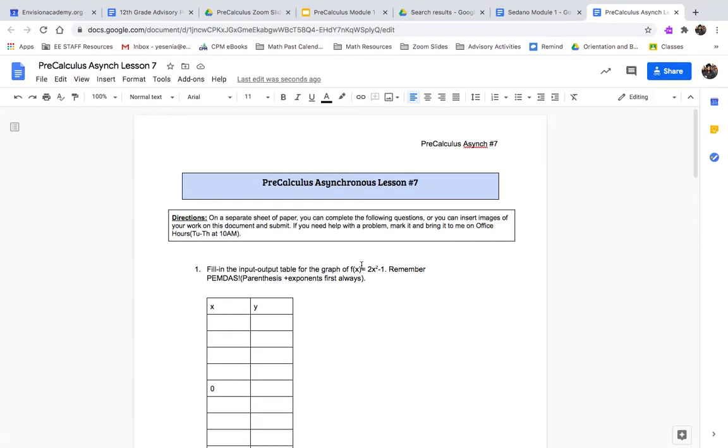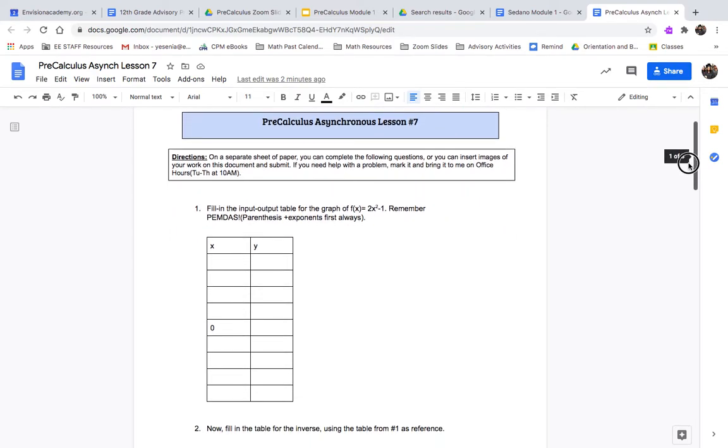All right, we're going to be talking about the directions for asynchronous lesson 7. This is due Sunday at 11:59. And in this lesson, you're continuing your investigation on inverses and what they are and when is an inverse a function. So, what this activity is asking you to do is you're going to be first filling out this input-output